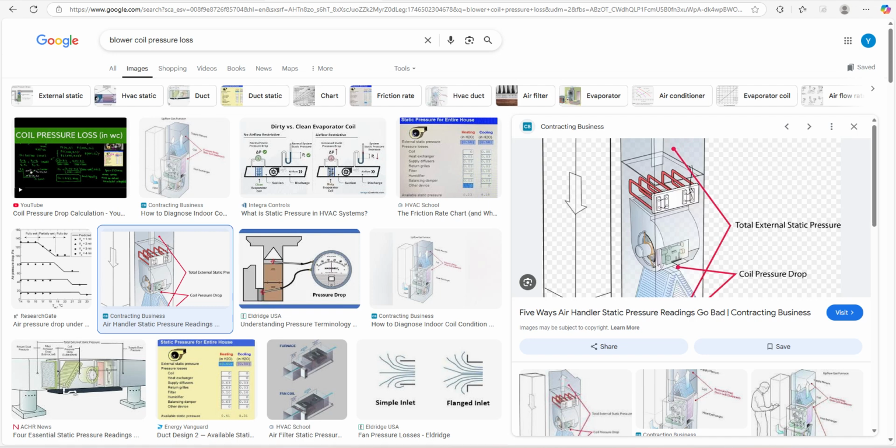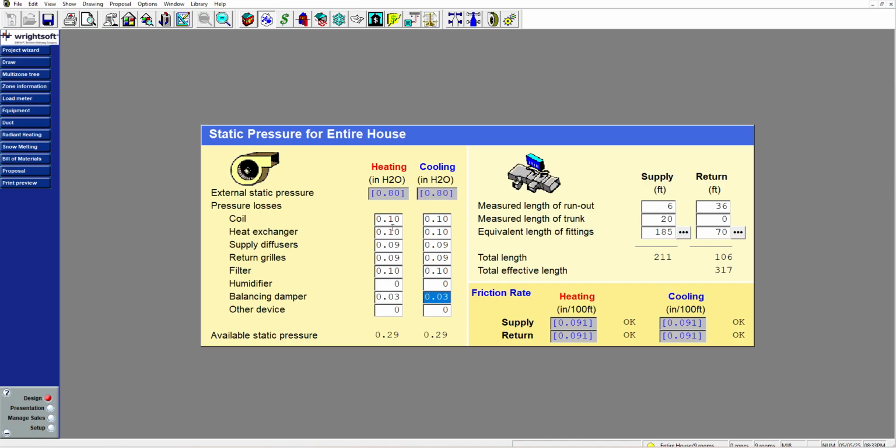It might even block it completely, depending on how much you kink it, right? So all of these things here contribute towards blocking or slowing down the flow. We need to take them into account in the final calculation for friction rate. Now let's head over to this section here for a second. You see here, total effective length. So according to Manual D,